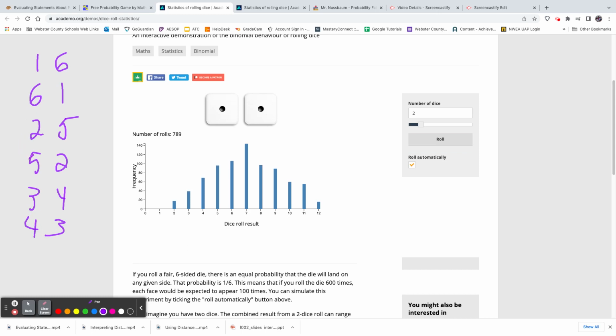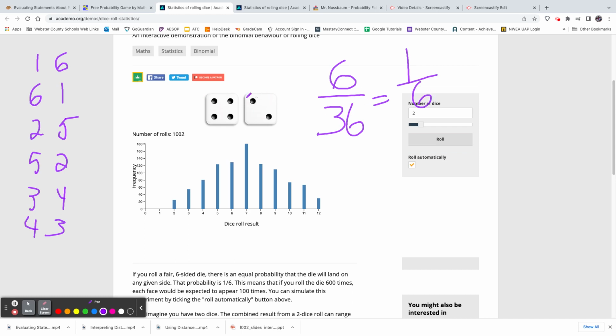Because if I go to 5, I got 5 and 6, and you don't have a 7 and a 0 that you can roll. So you've got 1, 2, 3, 4, 5, 6. So you get a sum of 7 6 times out of that sample space, 36. So in theory, 1 out of every 6 times you roll these two dice, you should be able to get a sum of 7 perfectly. So if I had chosen that in that game, then I would have won that game.